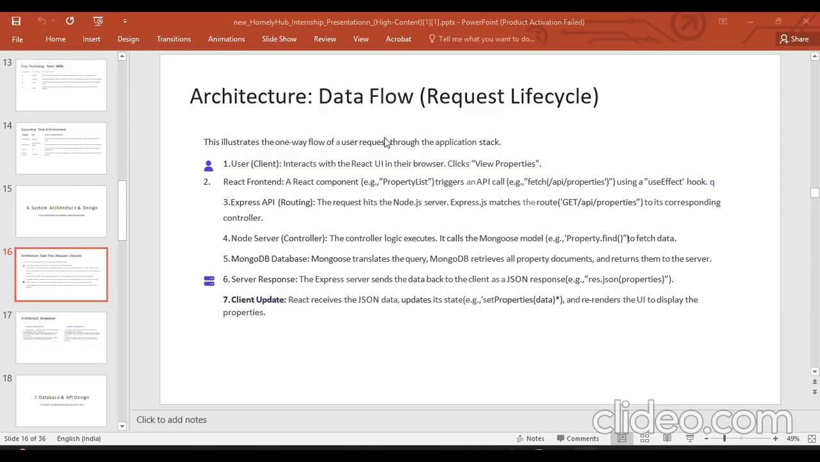Now I explain the architecture data flow. It consists of the user client. It interacts with the React UI in the browser. The second, React frontend. A React component triggers an API call. The third, Express API. The request hits the Node.js